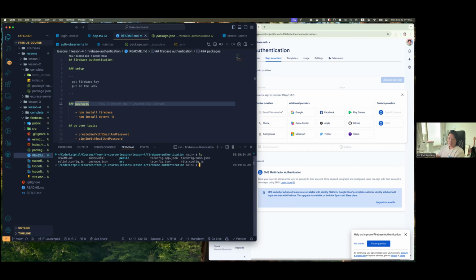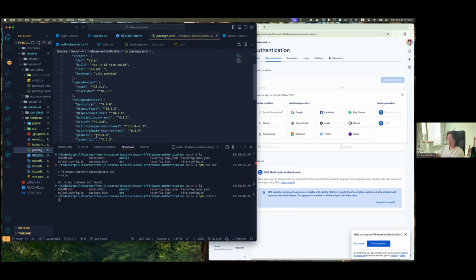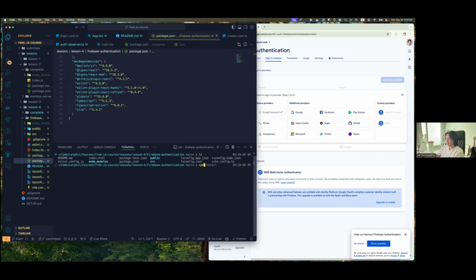So at this point we'll have a full... Oh, I need to npm install. So npm install, and that's gonna install everything in the package.json, which is like the Vite stuff, the dev dependencies. Just give that a second. And our node_modules gets created. And npm run